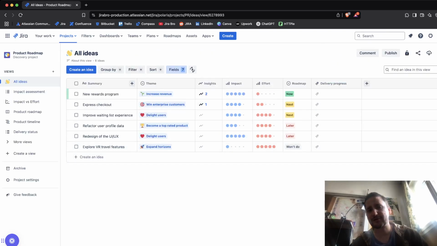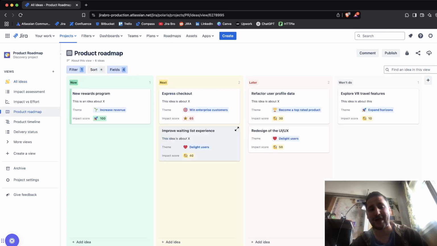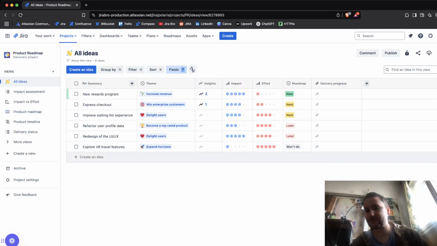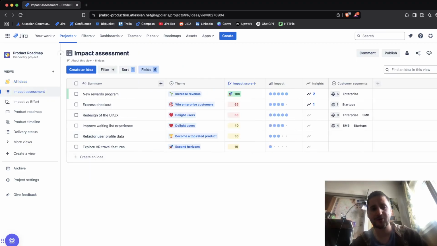Oh, okay, now I see all of the ideas in here. Now what happened is I switched from this view to this view. So all of these things right here are my views, and this is how I actually see this. So if I want to see this in a list type of view, I can see it